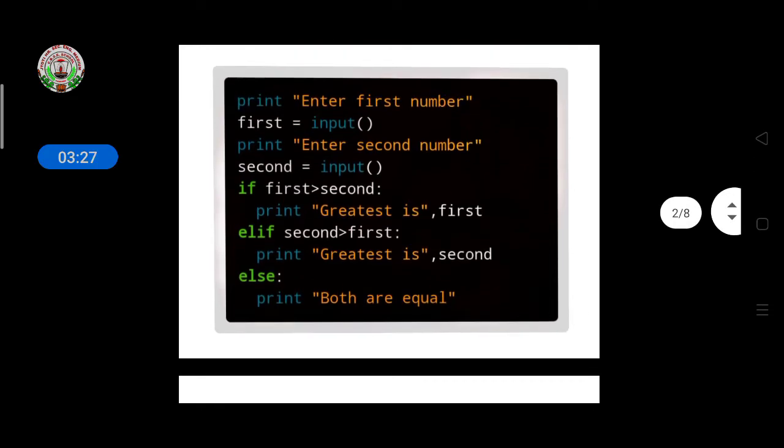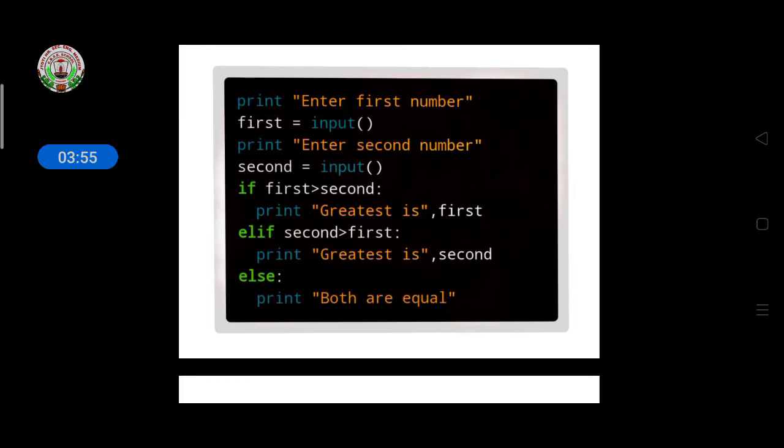Suppose first we give the value for enter the first number, and you give 10, and the second number value you give 20. Then it will go to the first line, if first greater than second. Here we had given first 10 and second number 20, so first is not greater than second, so it will not print greatest is first.